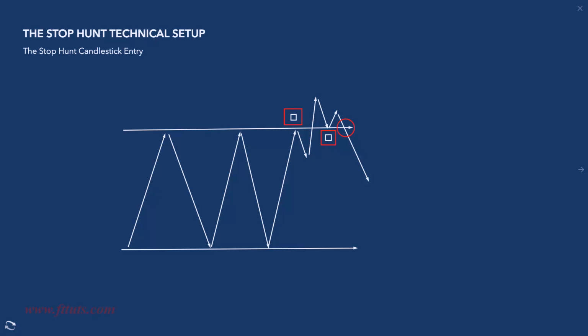Yes, there's going to be some traders that will place their stop losses in this area, but in general, retracement traders and level traders will place their stop losses below the level, and this is due to things like risk reward ratio, where they don't want to have too much risk and they want a lot more reward for their risk. Now this area is crucial. This area here is where we want to enter, and what we're actually looking for is,